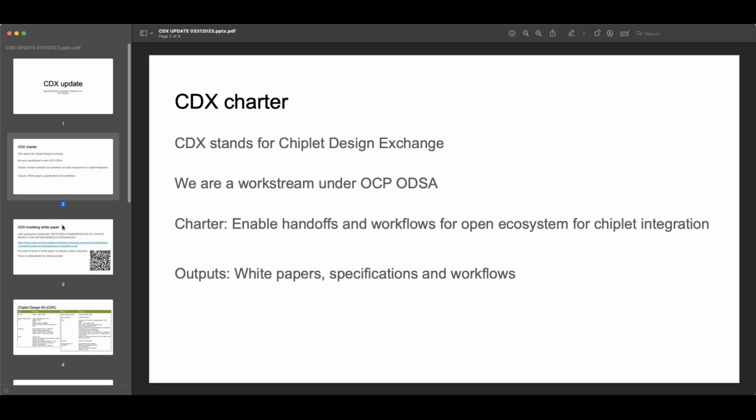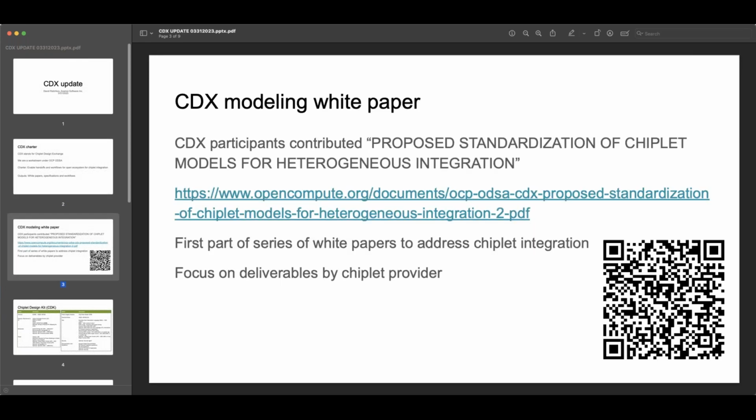A couple of things have happened that I wanted to get everyone back up to speed on. Last year we contributed a white paper just before the global summit. That paper is part of a series of white papers on chiplet integration, and our focus was on the chiplet provider.